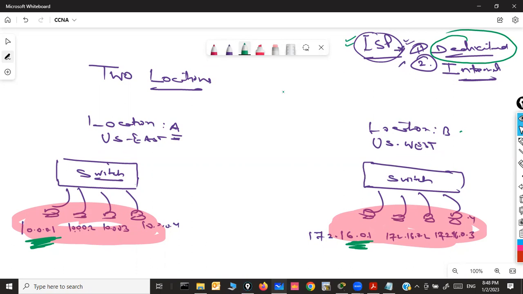So let us assume that somehow we manage to connect both networks no matter how far they are from each other. But that's not done, in fact, right? If we just connect both switches with the cable, they are still not going to communicate. You understand? 10.0.0.4 will never communicate with 172.16.0.4. But it's not about the physical connectivity. Physical connectivity, we have done that, right? Both switches are connected with each other with a cable. But since the IP addresses are not from the same network or subnet, they will not communicate, right?